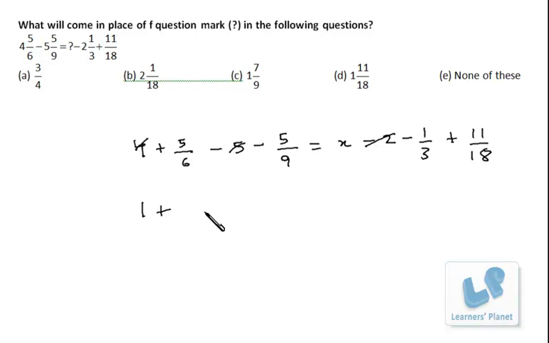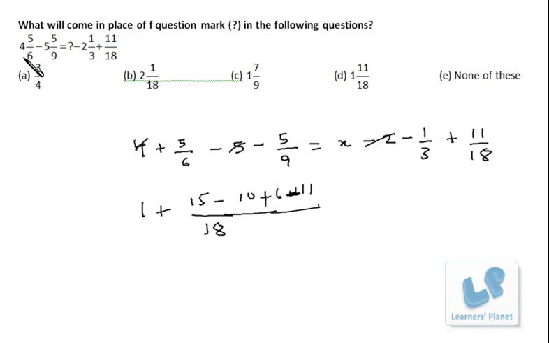Now let's take the LCM as 18, so it's 6 3s are 18, so 3 5s are 15 minus 9 2 5s are 10, then this is positive 1 by 3 this side, so 3 6s, so plus 6, and this is negative, so it's minus 11, right? So it's 1 plus all this data, so 15 plus 6 is 21, 21 minus this 21, that is 0, so 1 plus 0, that means in all the answer is 1 only. So it's none of these.